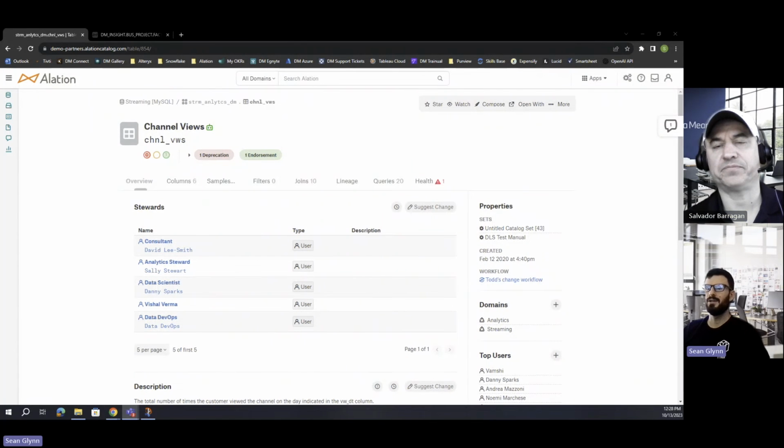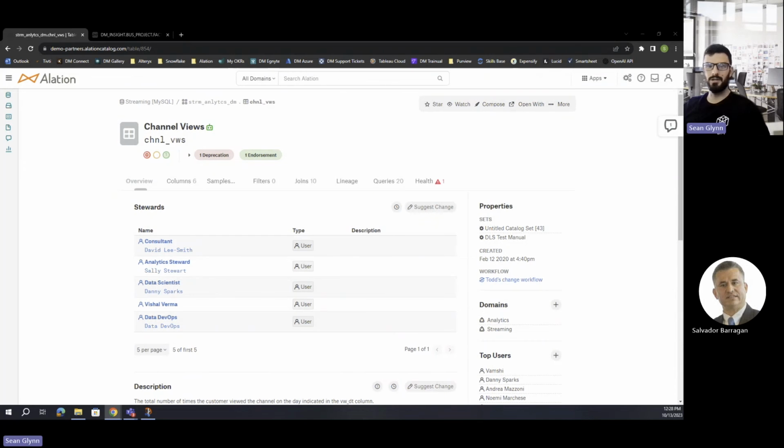Yep. Thanks. All right, so data lineage. The goal here is just to show you what this looks like in the Alation environment. As Salvador pointed out, it's definitely always a top feature anytime someone is looking to acquire a data catalog. Some people learn in different ways. Visualization is definitely one of those key ways that helps things sink in. So seeing the path of the journey of the data from source to target is always going to be helpful